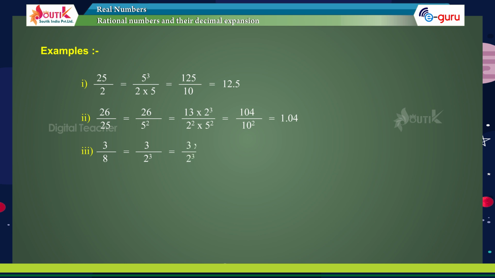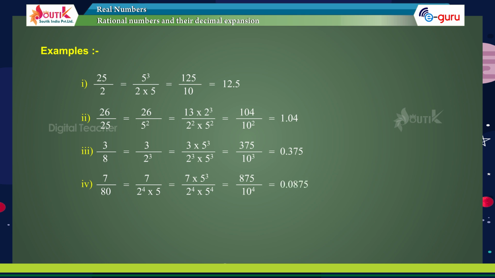3 by 8 equals 3 by 2 to the power of 3, equals 3 into 5 to the power of 3 by 2 to the power of 3 into 5 to the power of 3, equals 375 by 10 to the power of 3, equals 0.375. 7 by 80 equals 7 by 2 to the power of 4 into 5, equals 7 into 5 to the power of 3 by 2 to the power of 4 into 5 to the power of 4, equals 875 by 10 to the power of 4,